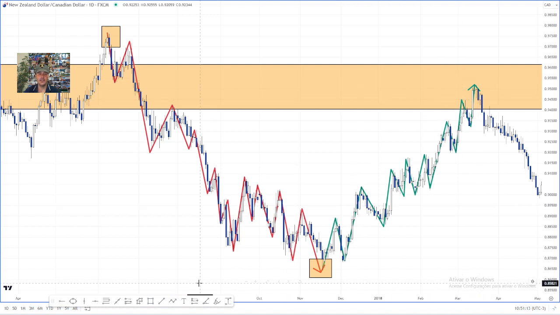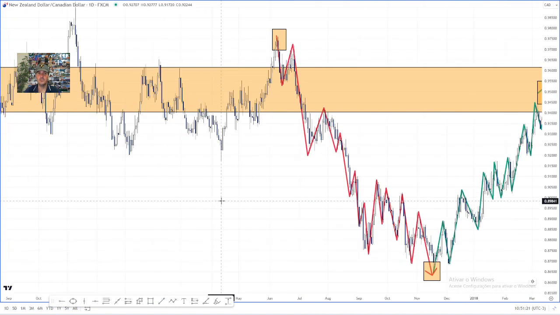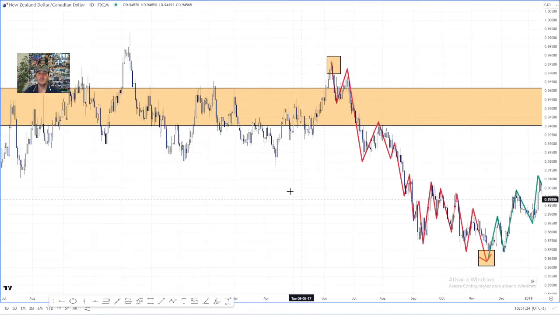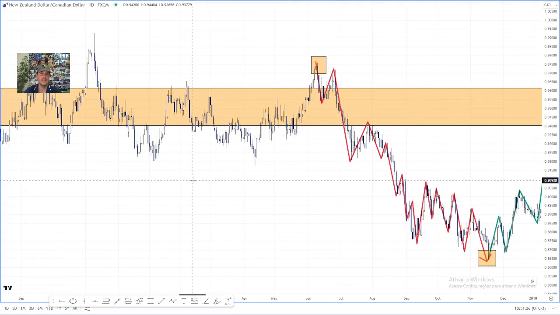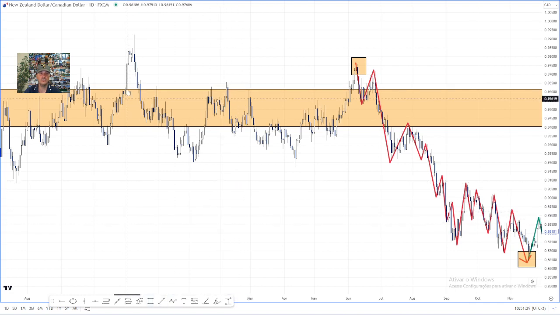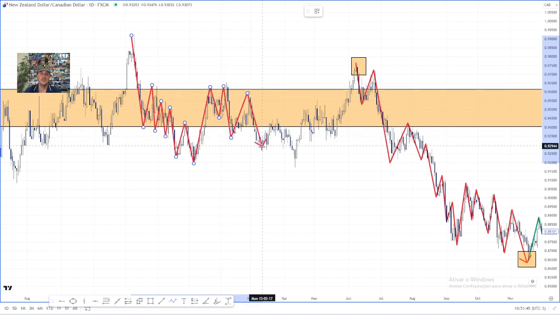Now this would be another high up in here. But if you start from the very beginning, it's a little bit messy. If I'm going to connect high to low, low to high, high to low, low to high, this was a downtrend, but nonetheless the market made a lower low. See, this is why